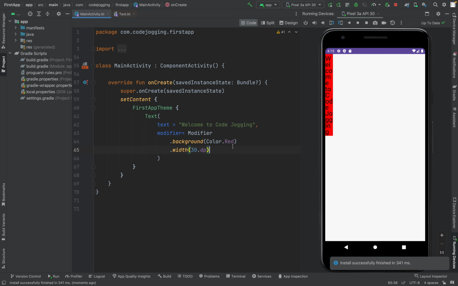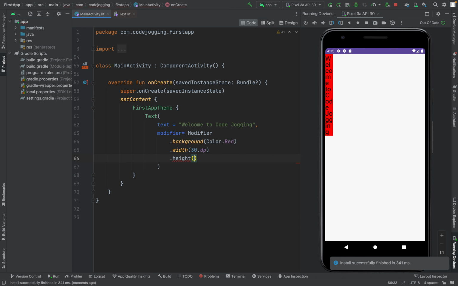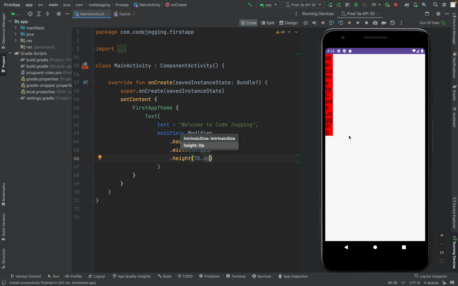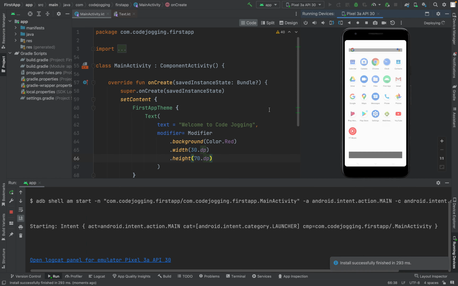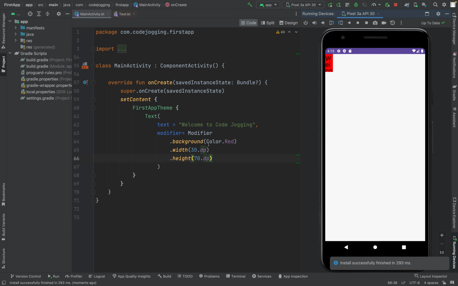And we can also give it a fixed height, let's say 70 dp, so that we don't want it to be tall like this. Okay, so with the help of the modifier, we were able to specify the height and then the width for